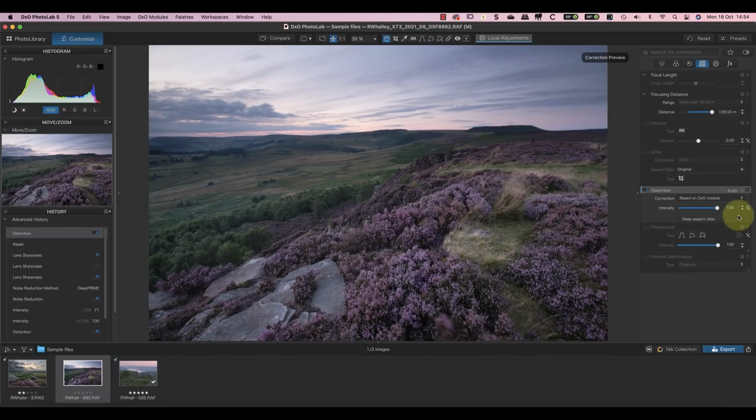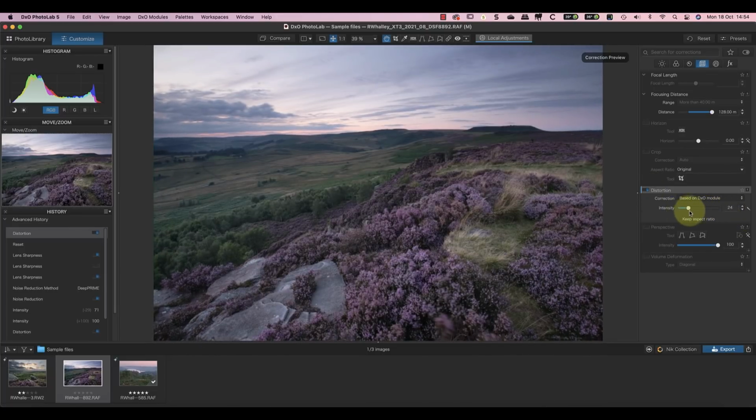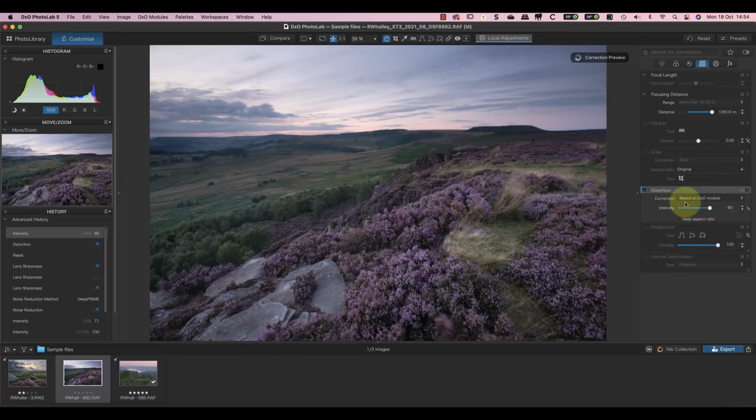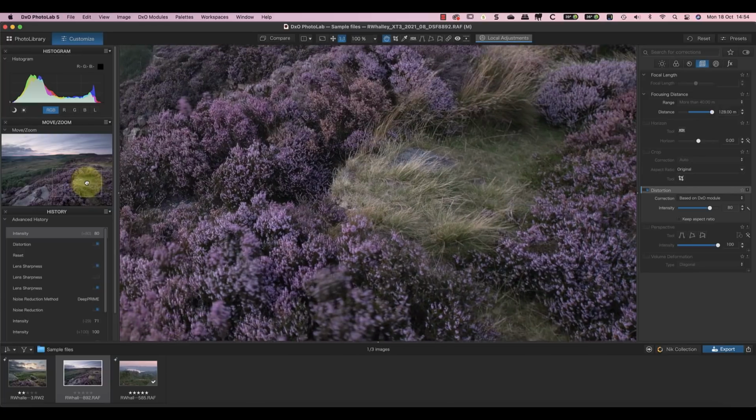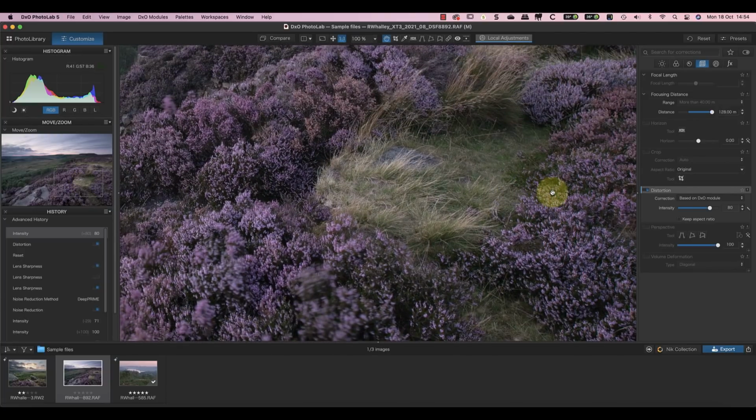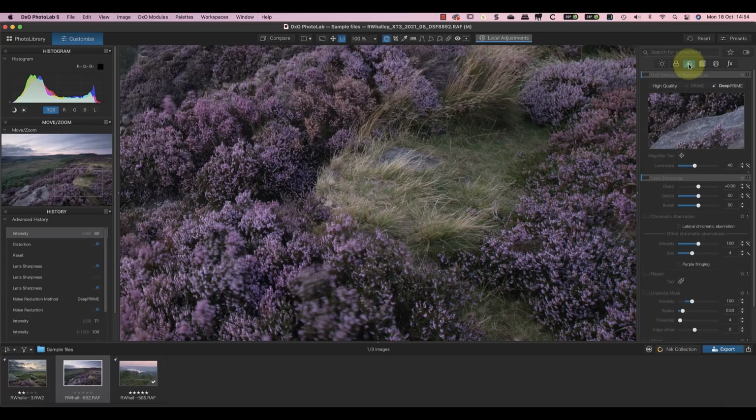The distortion removal is excellent, and I like that I can change the intensity of this if I find it stretching the images too much. When I zoom to 100% magnification, PhotoLab has extracted lots of sharp detail from the RAW file even before I apply any sharpening. As with other RAW files, I can apply the excellent DeepPRIME noise reduction,